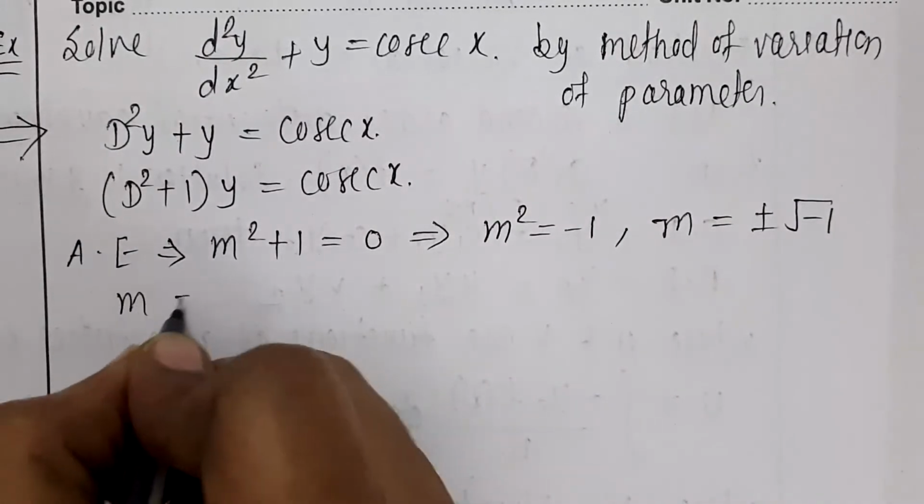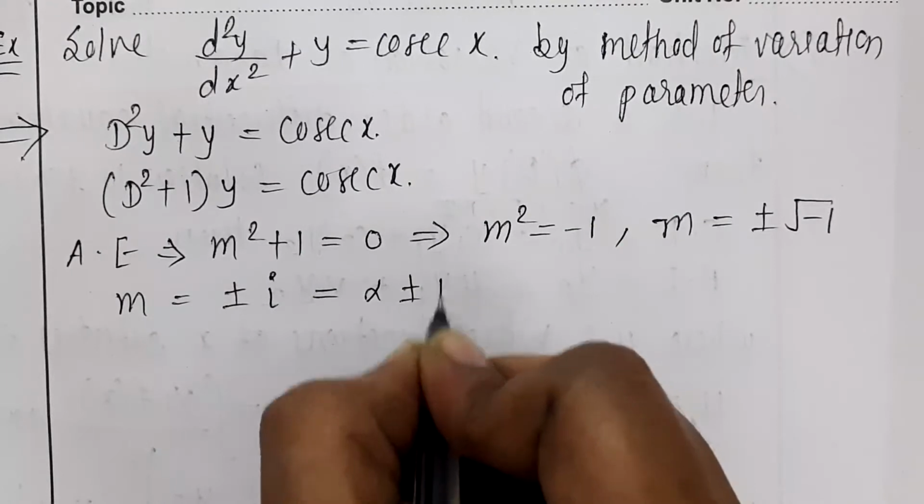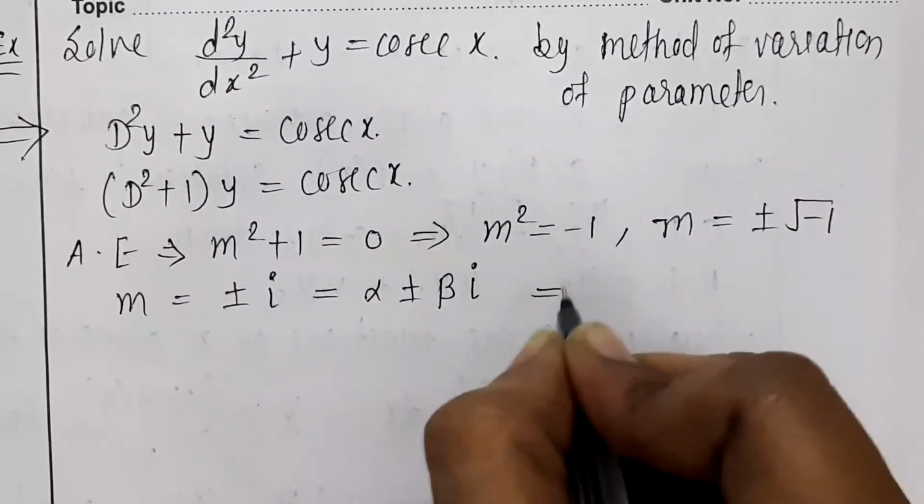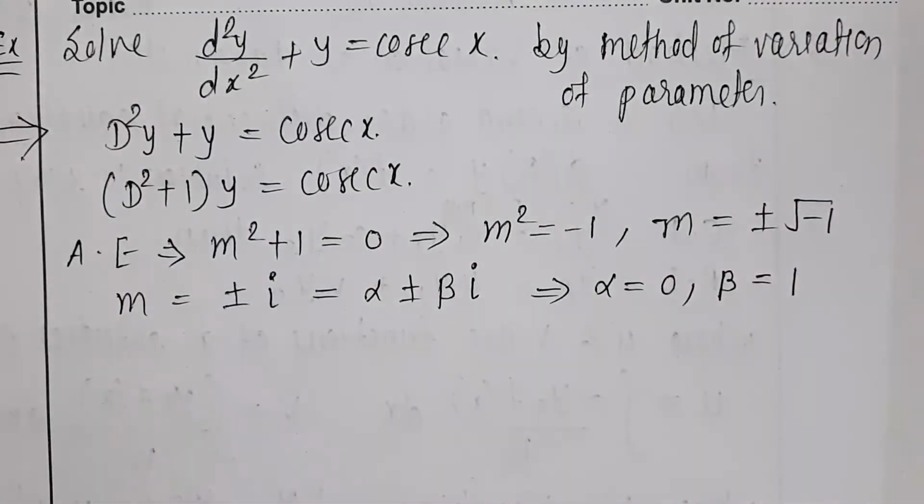So m is equal to plus minus i. Compare it with alpha plus minus beta i. What is the value of alpha? It is 0, and beta is equal to 1. Now